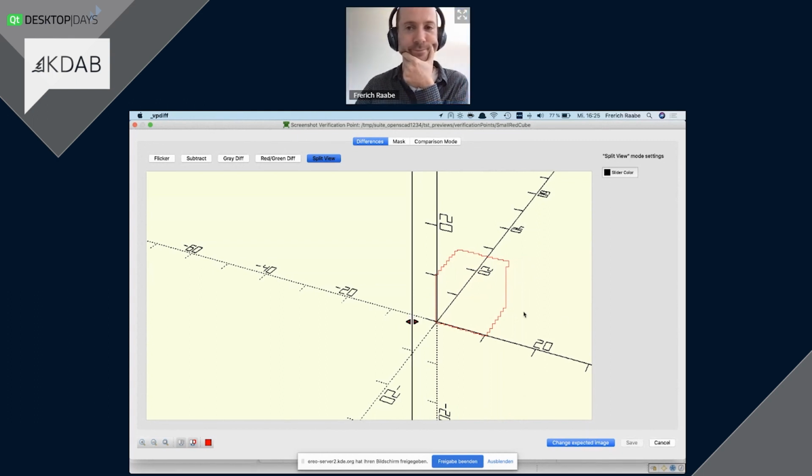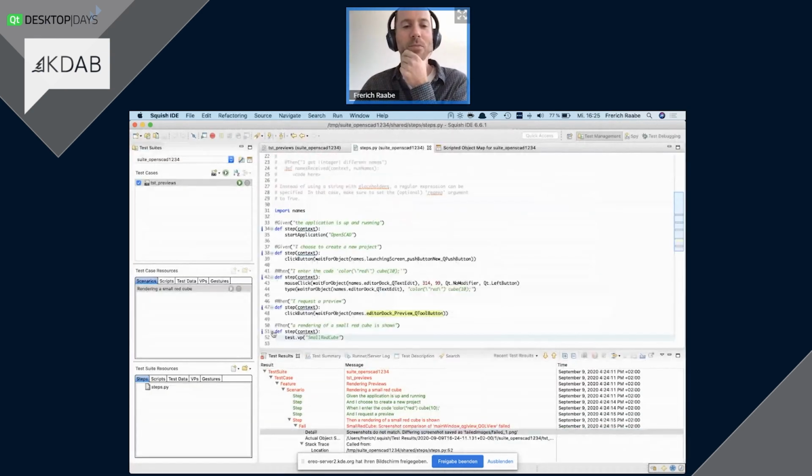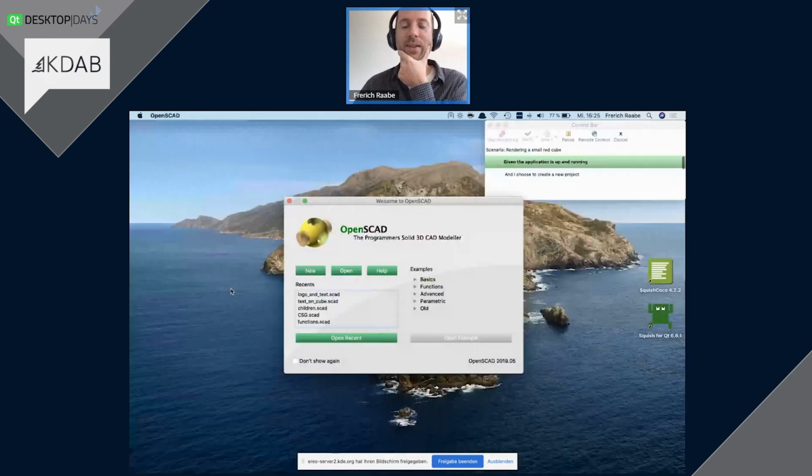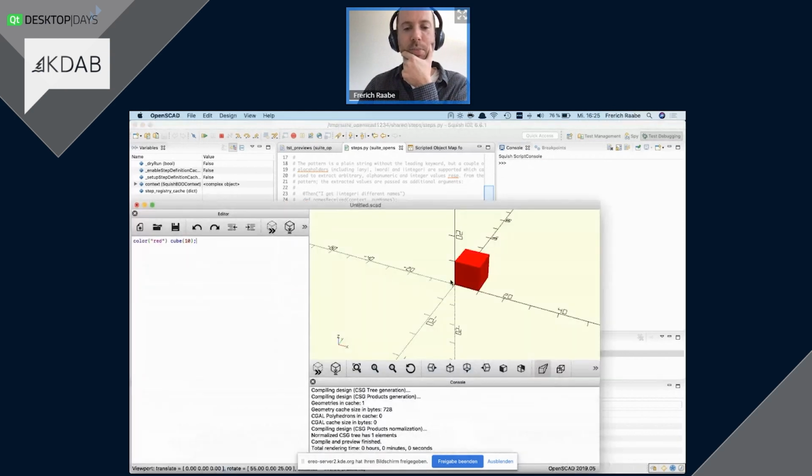What's that? Well, that's one of the things with automation. Sometimes you've got to debug stuff. So let's do that. A good way to debug this kind of problem is to put a breakpoint right next to the statement which takes care of the verification, and then run the test. And then we will have the test executed up until that point, and now Squish suspends. So Squish repeated all my actions, but it didn't actually perform the verification. Instead, it suspended test execution and so shows me the state of the application. So let's look at the application under test. But there's a red cube shown. What gives?